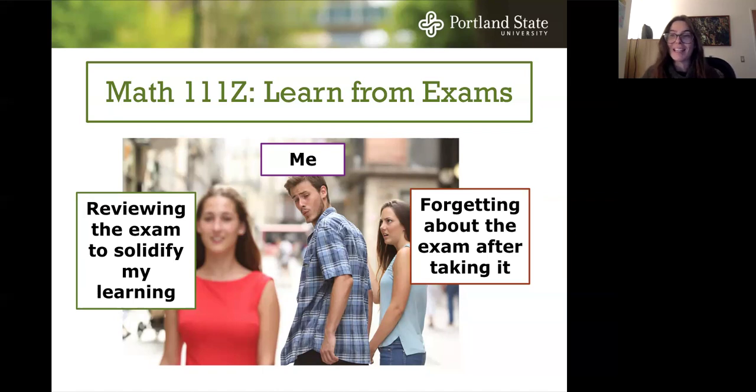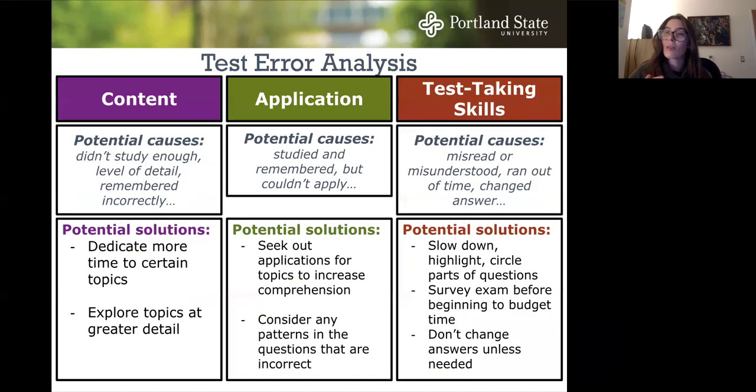Something that's very common in student culture is to spend a bunch of time studying for an exam, and then once the exam is complete, we wipe our hands clean of that and move on. But in reality, it'd be very nice to take all that time, all that focus and energy that we spent preparing for that exam and learn from it more as we review and reflect on it. This can be done through our test error analysis.